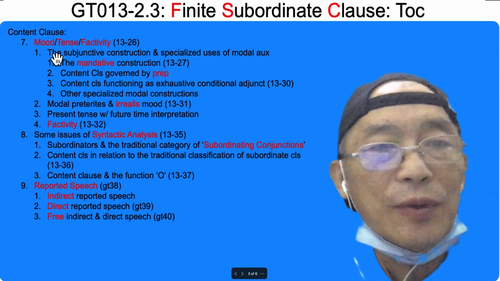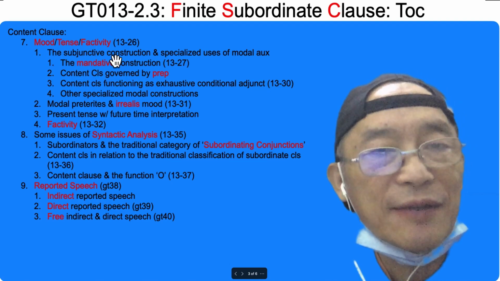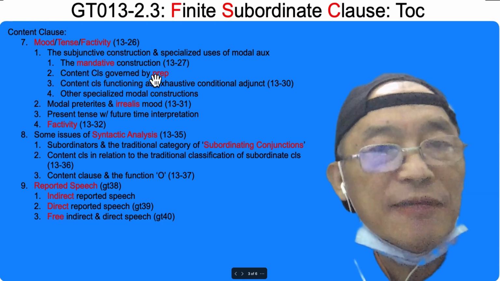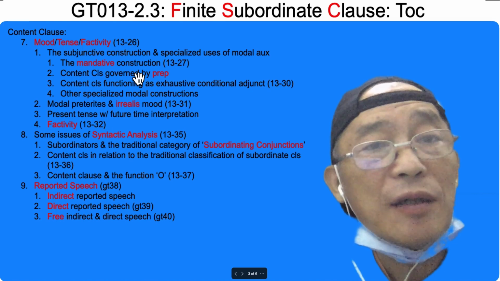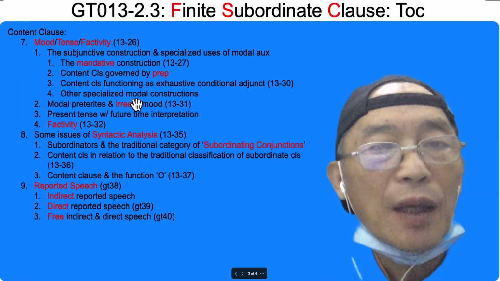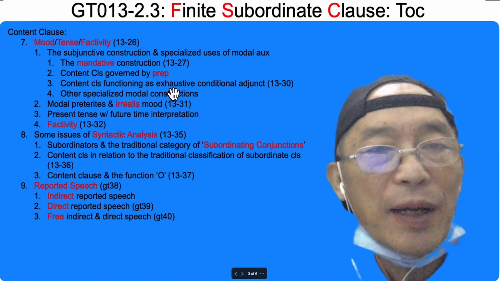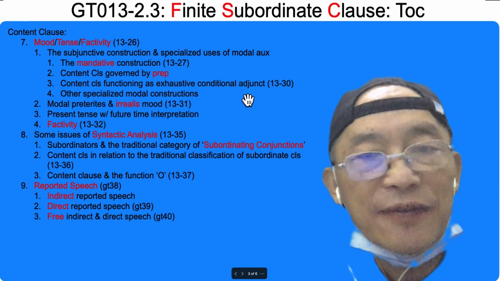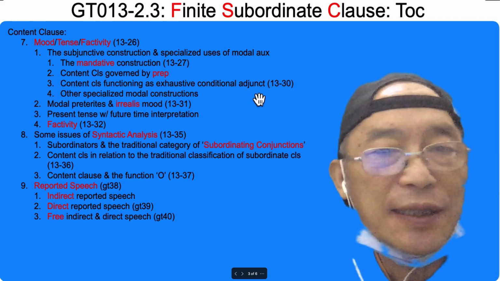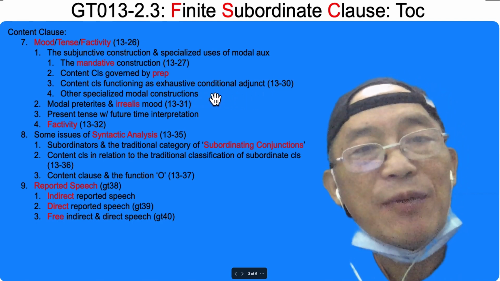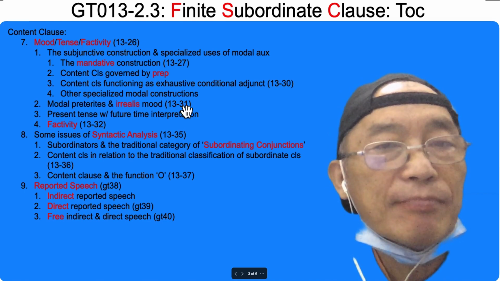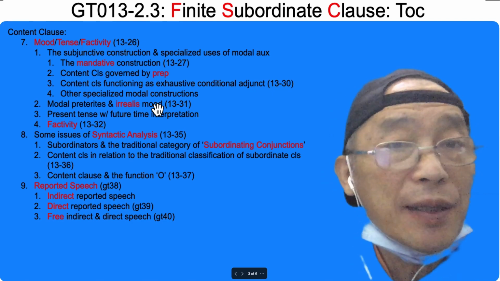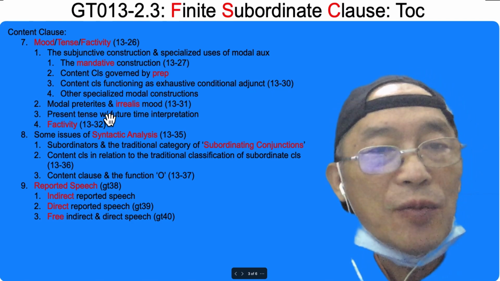And then we will talk about mood, tense and effectivity of a content clause, including mandative declarative content clause, and content clause governed by preposition. Content clause function as exhaustive conditional adjunct. This is a type of interrogative content clause. Specialized modal, like should, may. Modal preterite,